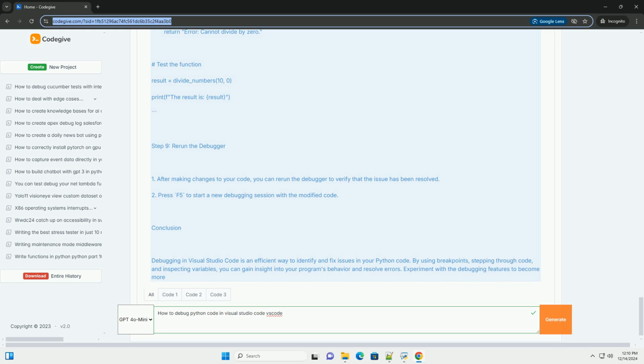Step 8. Fix the bug. Once you identify the issue, in this case dividing by 0, you can modify the code to handle the error gracefully. Here's an updated version of the code. Python: def divide_numbers(a, b): try: return a/b except ZeroDivisionError: return "Error: Cannot divide by 0"